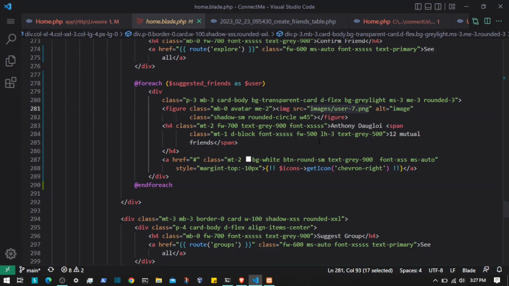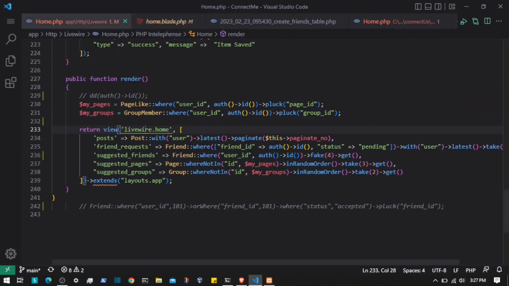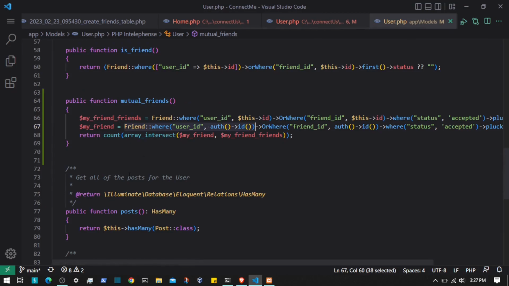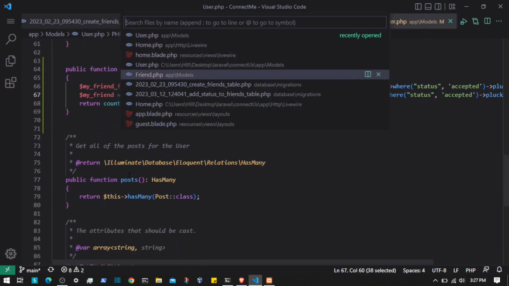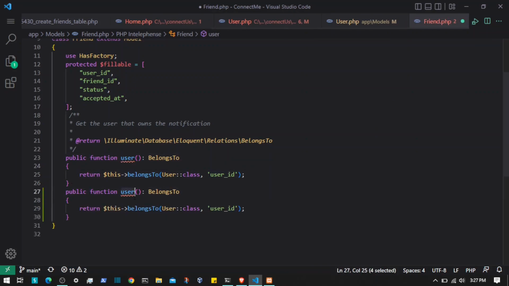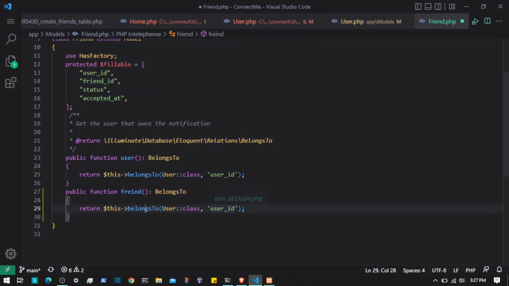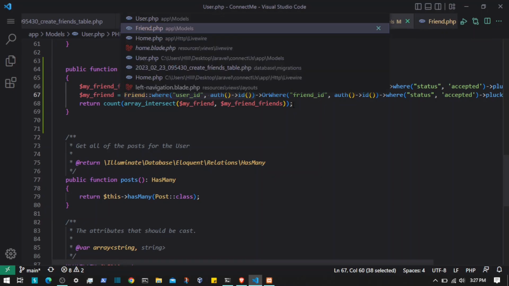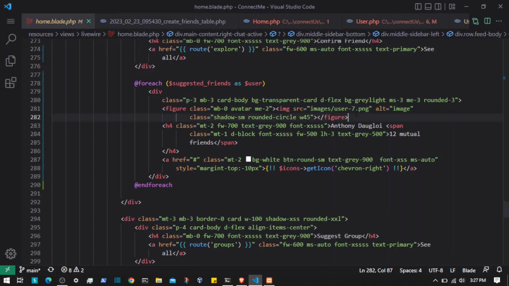So I'm going to do one thing. If I create another function in the user model, in the friend model, sorry, just like the user, it returns the user who sent a friend request, and I need another one that is the reverse of this. As you can see, both of these are the user IDs, so I need one for that as well. So friend ID, and they should return this user. So now I can call that somewhere around here, and I'm going to load that user, the parent user profile